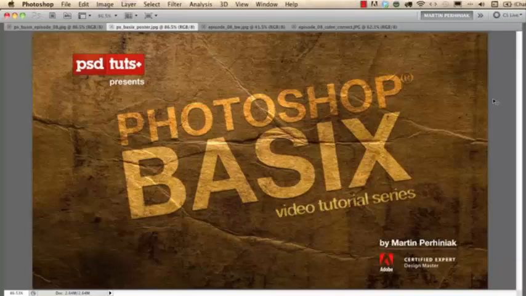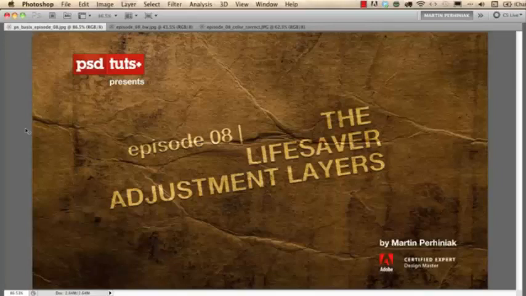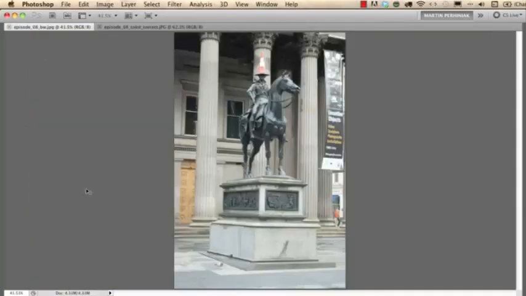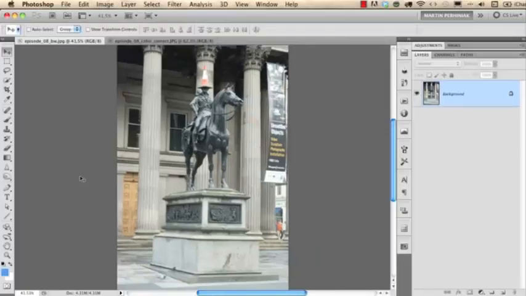I'm Martin Perhiniak. In this episode we are going to learn what adjustment layers are for in Photoshop. I'm going to show you two examples and you can repeat the same with the files that you can download from PSD Touch Plus. With these exercises you'll see the power of adjustment layers and of working with adjustments non-destructively in Photoshop. First, I would like to increase the contrast of this photograph, and I'm going to choose Levels